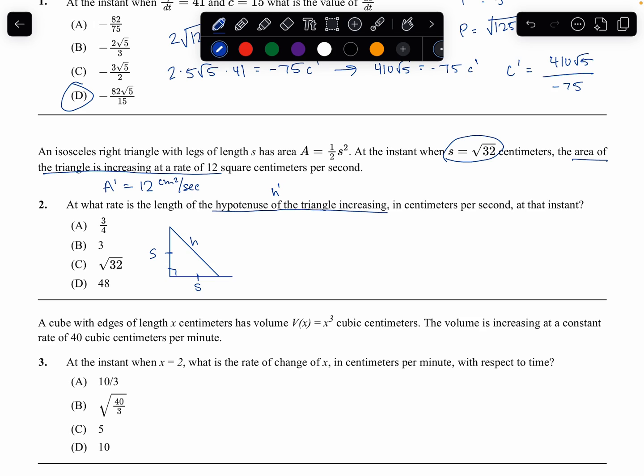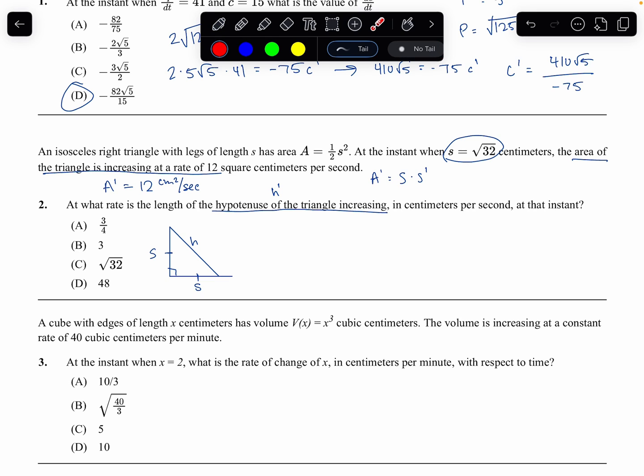Okay. Trying to make sure that I have everything accounted for in terms of what is dependent. Yeah, so the sides have to be increasing if the hypotenuse is increasing. So, let's take the derivative of this right here. So, we'll say A prime is equal to, when I bring down the 2, that just becomes 2 over 2, which becomes 1. So then we'll have s to the first power, but then